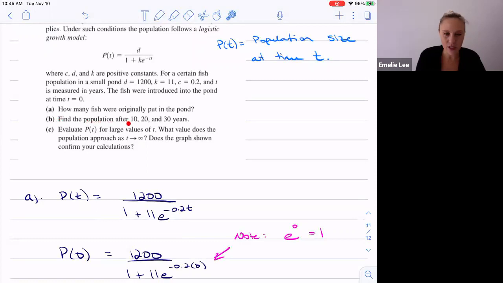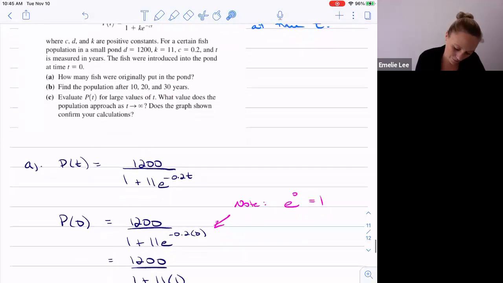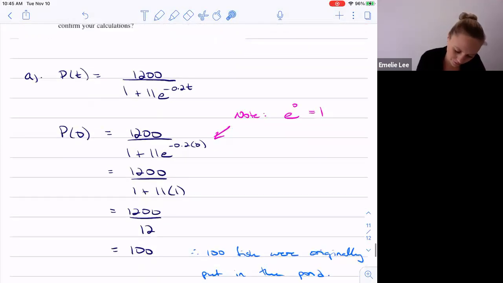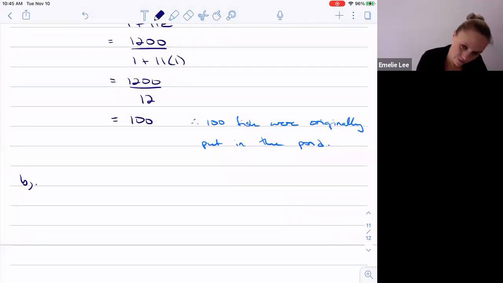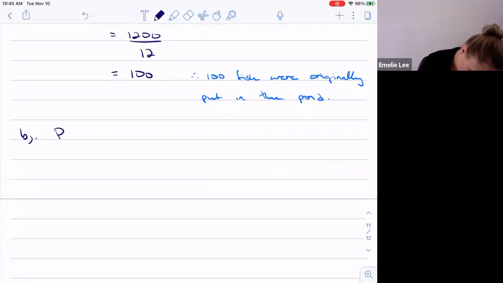We can find the population after 10, 20, and 30 years. Let's find the population after 10 years, and then I'll leave the other two. And we can actually check them using Desmos. Okay, so I'll show you how to do that. And then we're going to see what happens for large values of t, right? So as t increases, what happens here? So B, P of 10 years,